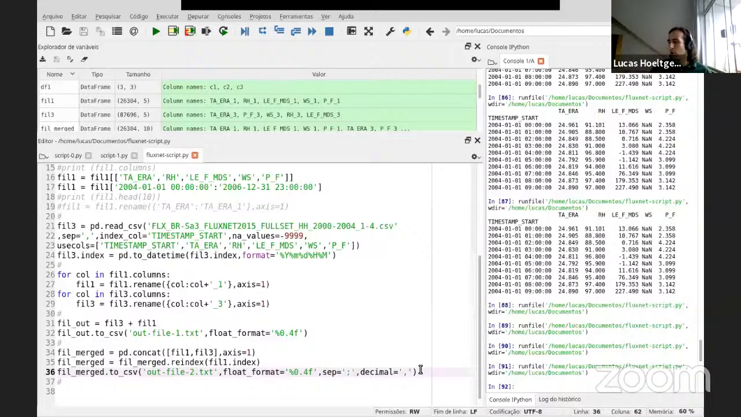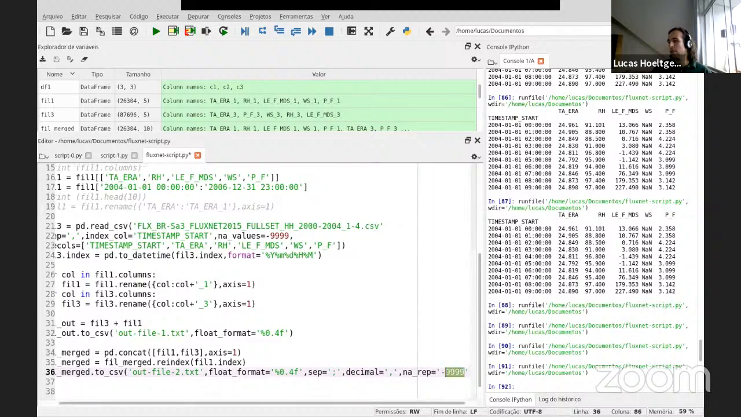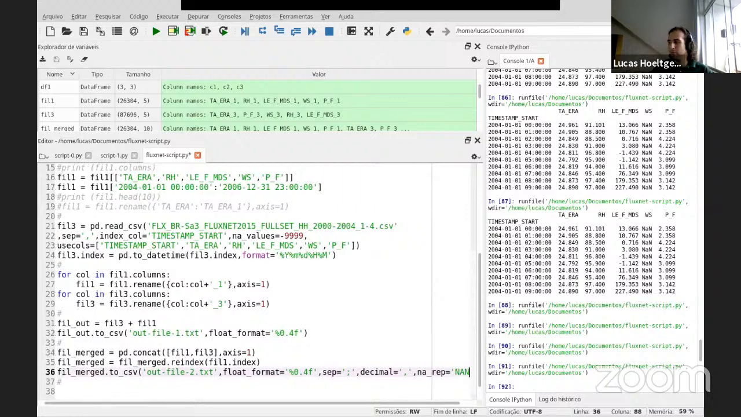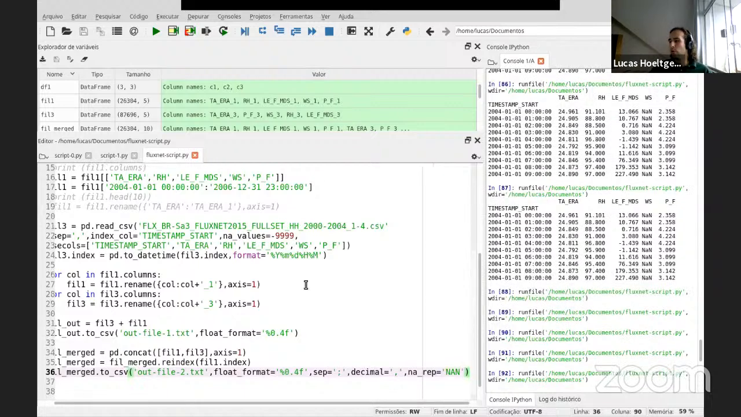Let's see. So yeah, we can also inform him about the NEA values. So I can inform him NEA rep and inform another number, for example, again, -999, or another number. I don't know, something like that. So it will run, and